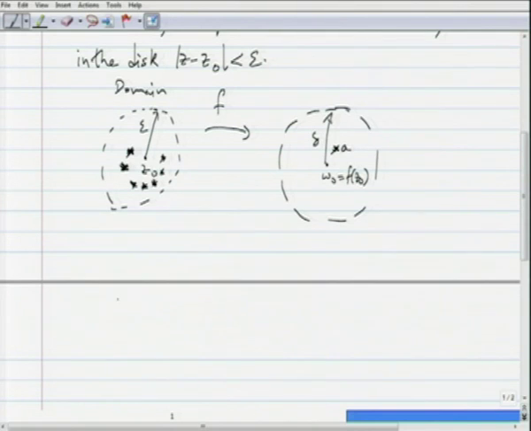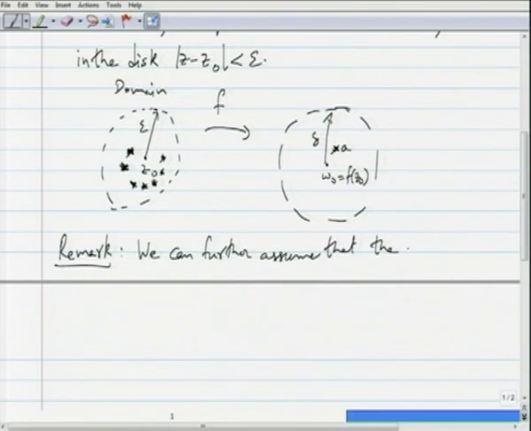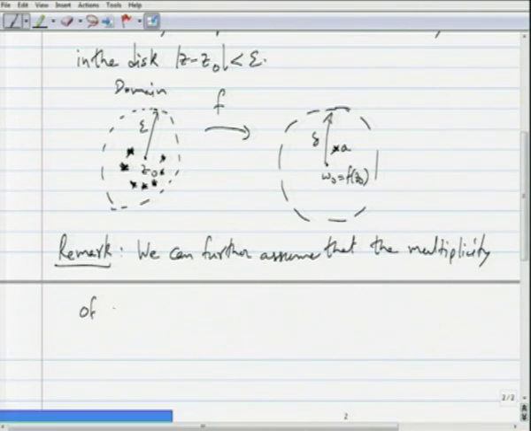What I mean by that is, I will remark that we can further assume that the multiplicity of the zero of f of z minus A in this epsilon neighborhood